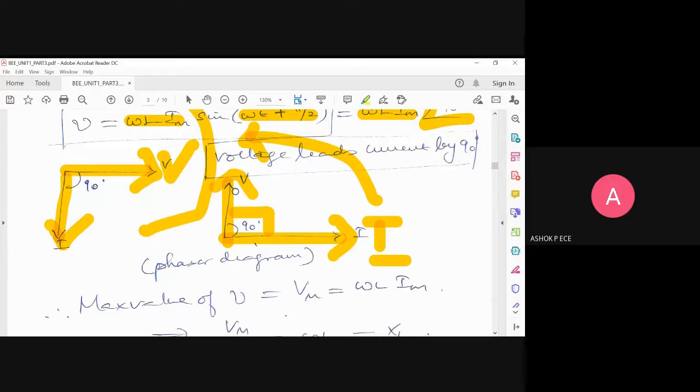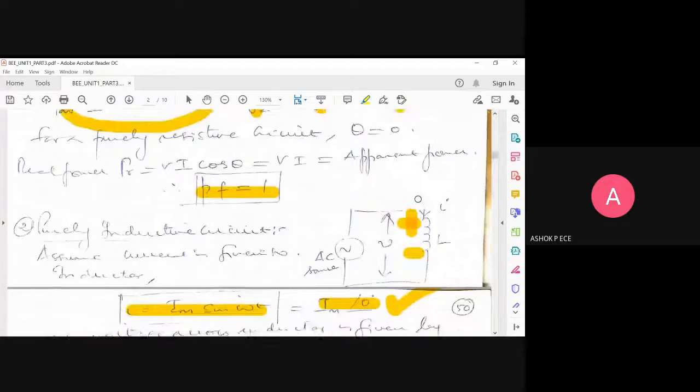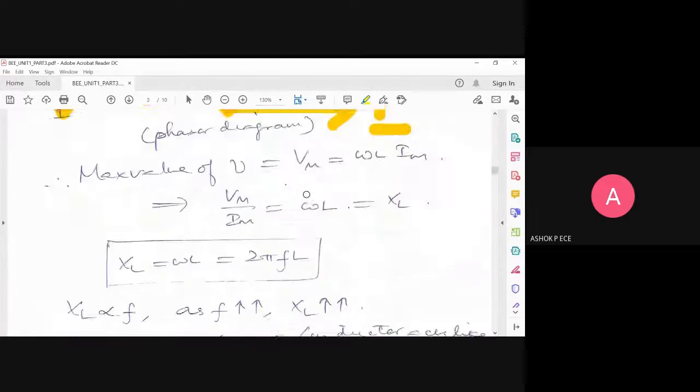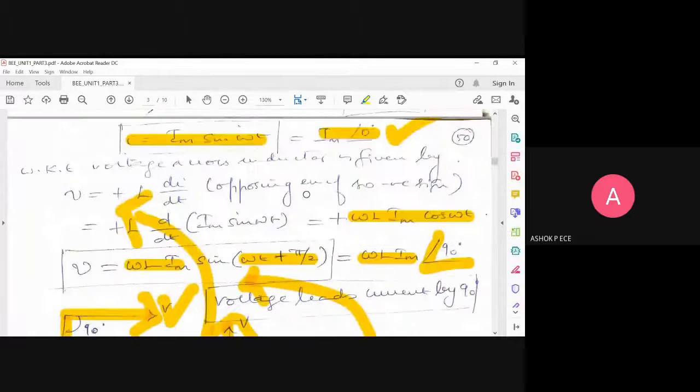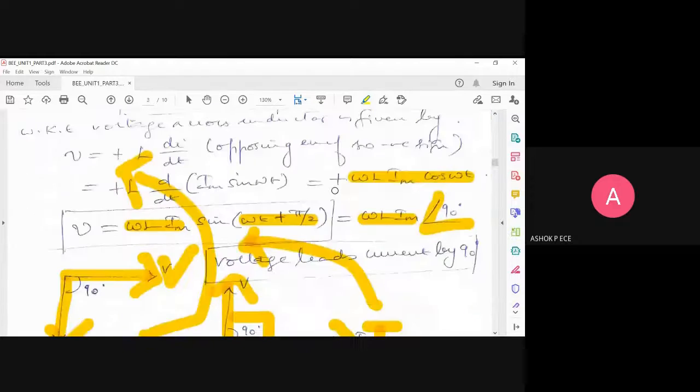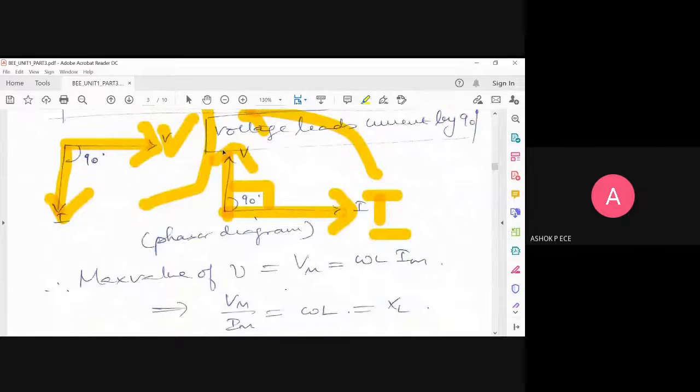So the parameter which excites is going to be slower, and the parameter which produces is going to be faster. It is excited by I, it is going to produce the voltage V, but V is faster than I in an inductor. Because it takes some time to adapt to the current, but voltage is produced in a faster way. That is the way you interpret the behavior of inductors. Is this phasor diagram clear for an inductor?